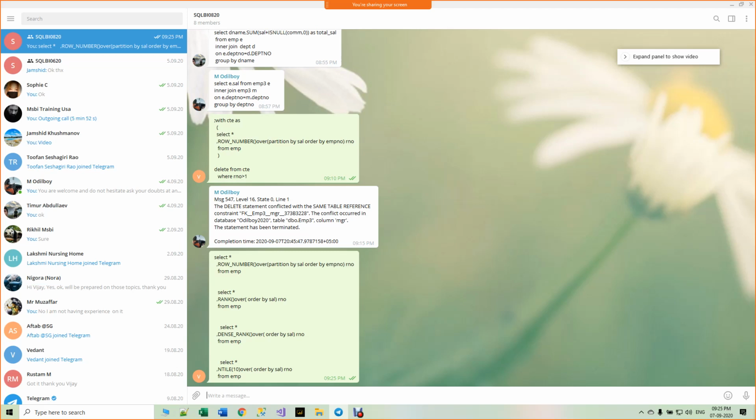How do you find out the first record in a table? Or how do you write a query to find out the first record in your data set or a table? This is a question. Take this question. Write a query to find out the first record in a table or a query or your data set, whatever it is.